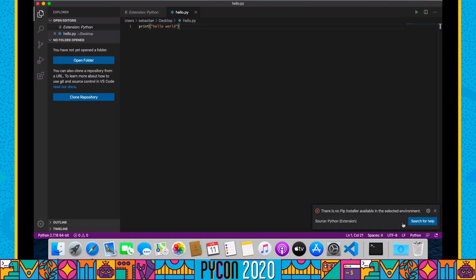you get another pop-up. And since I'm using a brand new Mac installation, it doesn't have pip installed. Normally when you install Python on your computer, it's gonna install pip as well. But I haven't actually installed Python on this Mac installation yet. So I just have the Python that came with the MacBook and no other dependencies like pip. If you are in the same situation as me and you don't have pip installed,